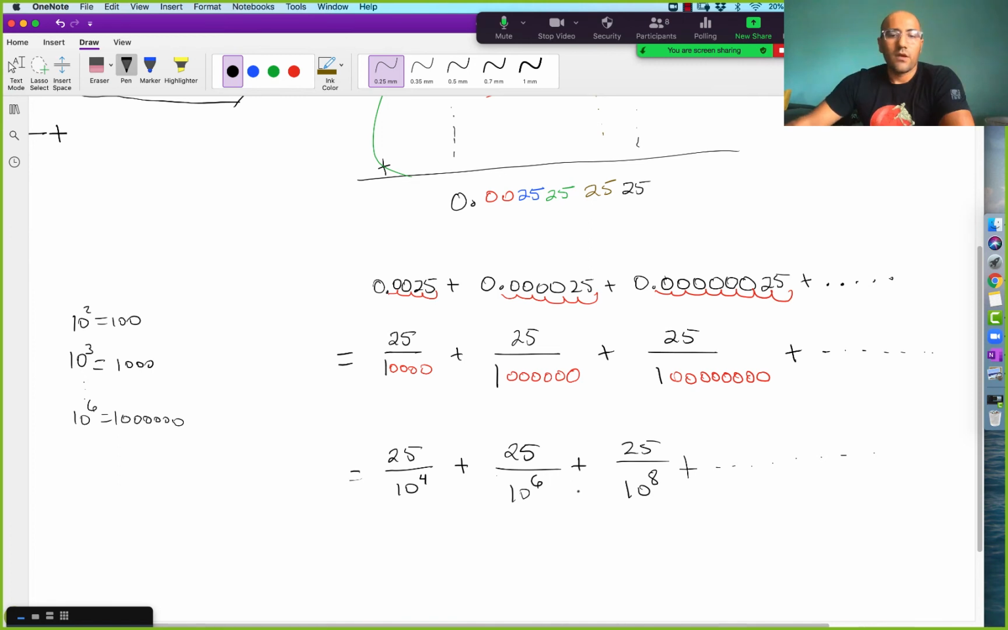Good. Okay, so now we see that this is a geometric sequence where this is the first one in my series. And then to get to the next one in the geometric sequence, I multiply by the constant ratio of 1 over 10 to the power of 2. Right? You can also divide them. Just that r equals, say, 25 over 10 to the power of 6, divided by the one that came right before it, 25 over 10 to the power of 4, like this, which means that r equals 25